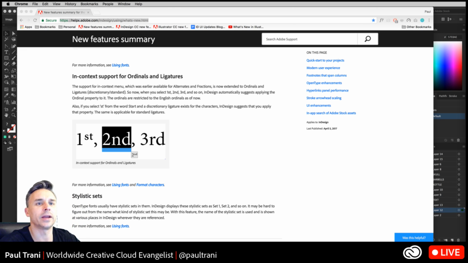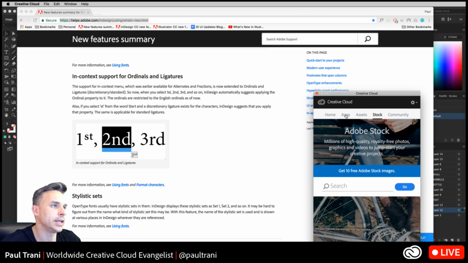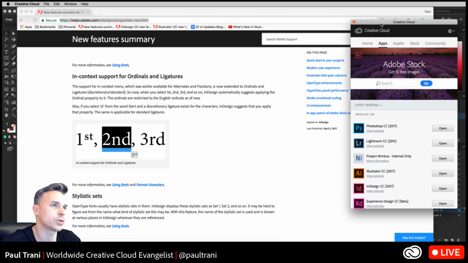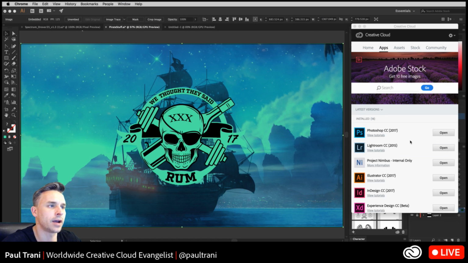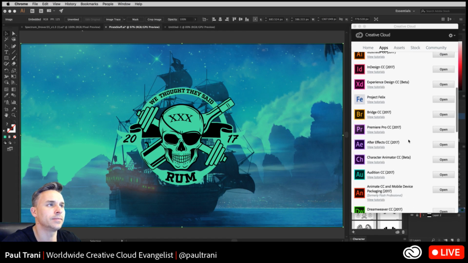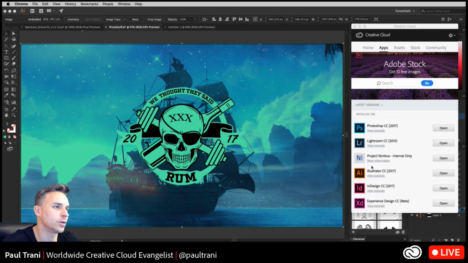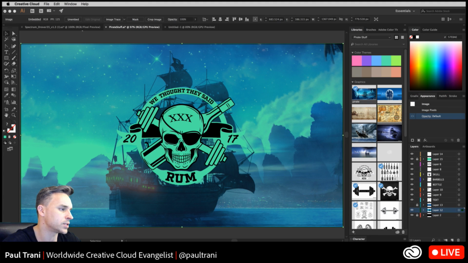Photoshop, some of you might have seen that Photoshop also had an update, and those were bug fixes as well. An easy way to update all your apps is just through your Creative Cloud desktop app. You can see I've already updated those apps, and I have some other sneaky little ones in here, but in general, just make sure you hit update, and there's usually a what's new link that will give you a link to what's new as well. Cool.